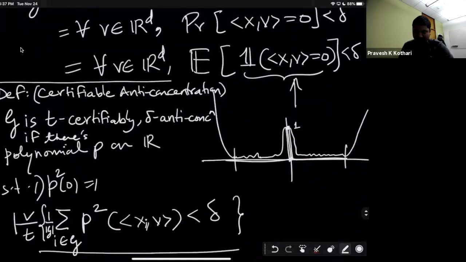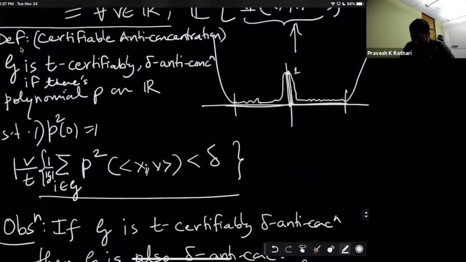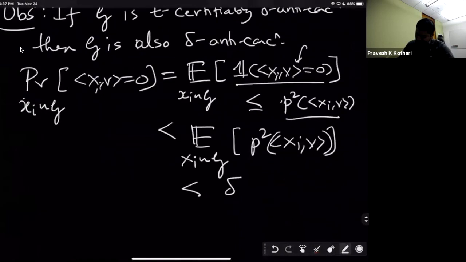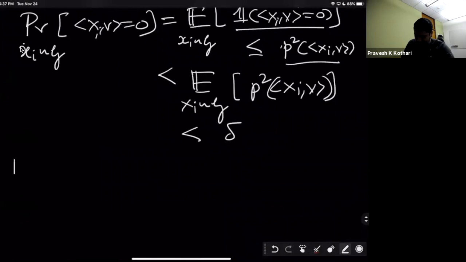It does the same job. Okay, now it demands something more though. It doesn't just demand that there is such a polynomial. It in fact demands that there is a sum of squares proof of this inequality in the variable v. Now, because it's 637, let's not go into why we can actually get a polynomial that satisfies these two properties for G which are reasonable. But let me maybe just make a claim and not try to prove it right now.